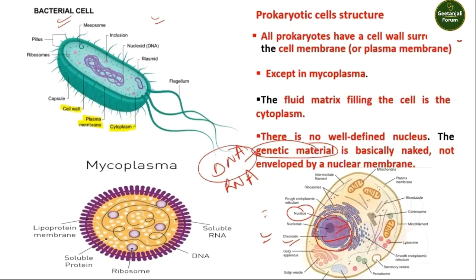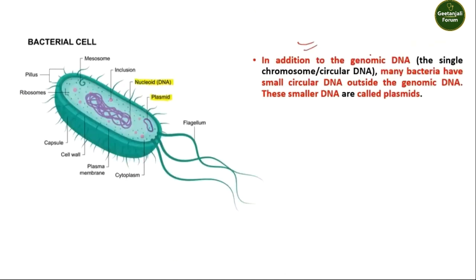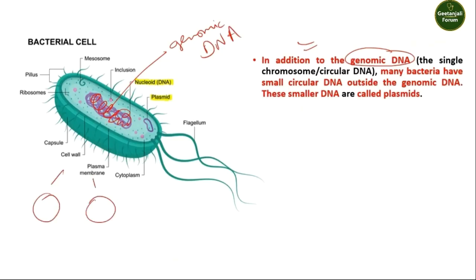Because it has no nucleus, all the genetic material is basically naked and not enveloped by a nuclear membrane. So in the cytoplasm, their genetic material is suspended. This is prokaryotic genetic material which is not inside a nucleus. It is present in suspended form in the cytoplasm. This genetic material is called the genomic DNA. Whenever the cell replicates, forming two cells from the mother cell, this DNA will also replicate and go inside both the new cells. This is called genomic DNA.